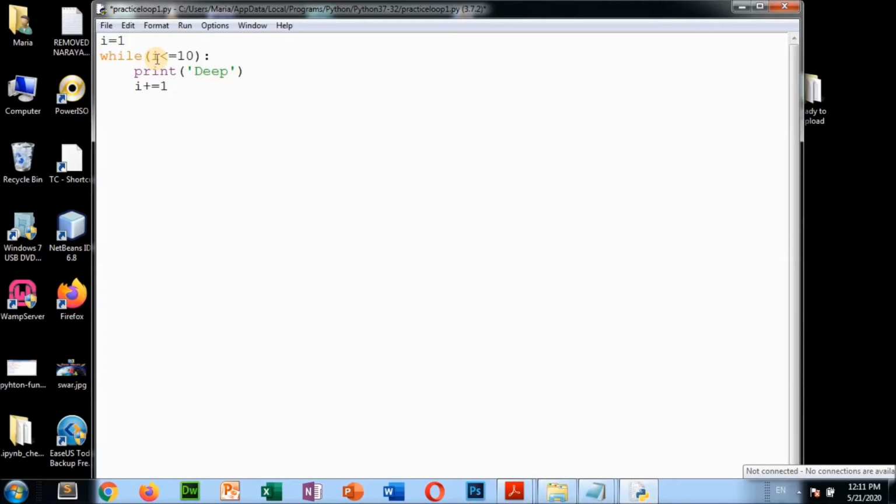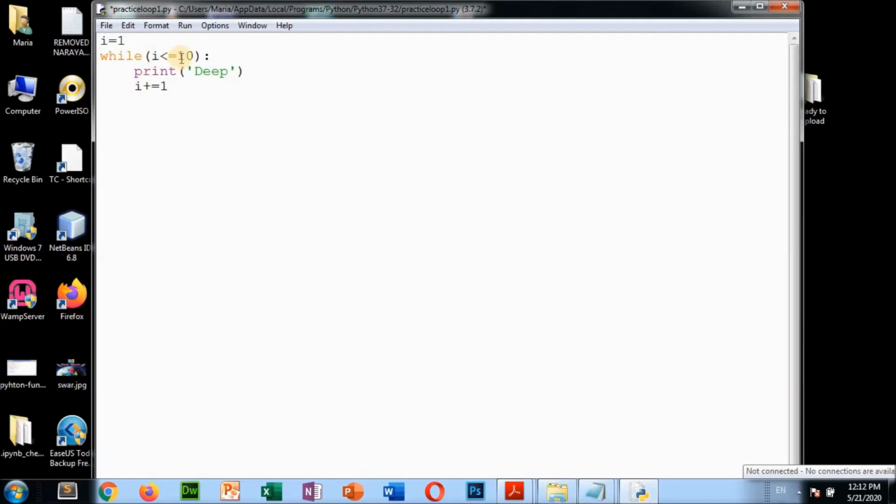Now 1 plus 1, 2. The value of I is 2 now. Okay. So now if the value of I is 2, again what happened? After finishing this line, this is a loop. So if it is a loop, then it will go again to this condition. Now the value of I is 2 here because I has increased here.